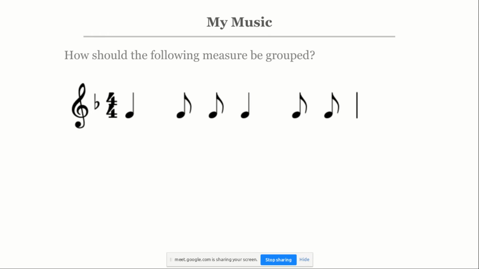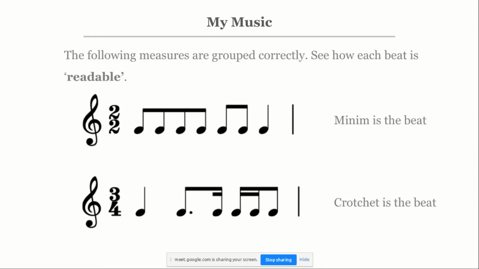I can help you there. So it means you have not understood. Please. Yes. So I want to interact with you to make sure that you have understood. What is it that you have not understood? What are the measures that make you able to group a certain beat? You need to know what the beat is. So if the beat is a minim, you group notes that make a minim. If the beat is a crotchet, then you group notes to make a crotchet.